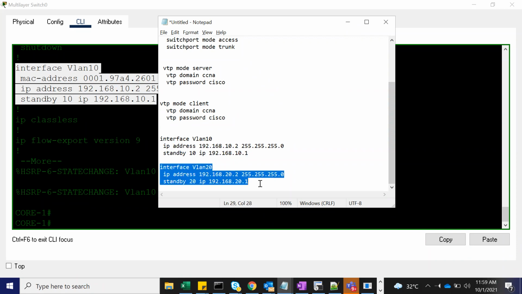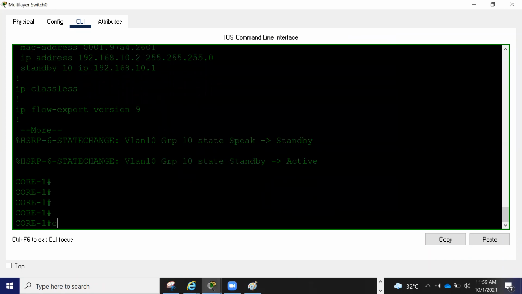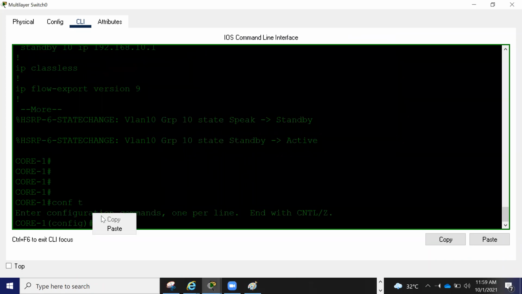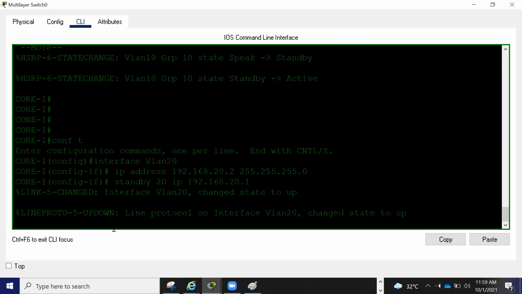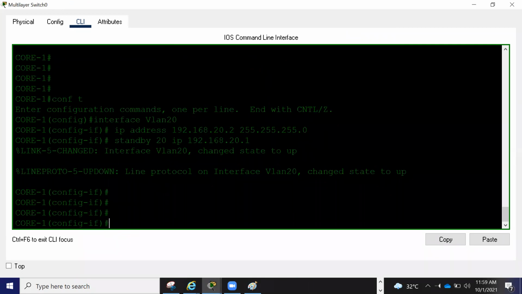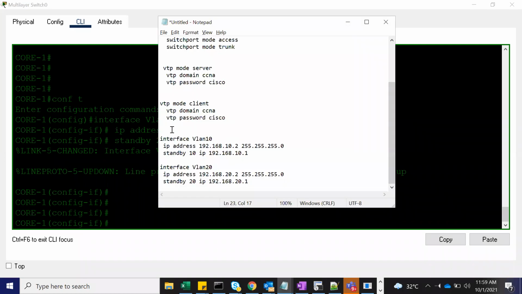So let me go and configure here in the core switch. Config terminal. I will go ahead and paste it. Done. So gateway 1 and 2 are configured. This configuration is for core 1, right?